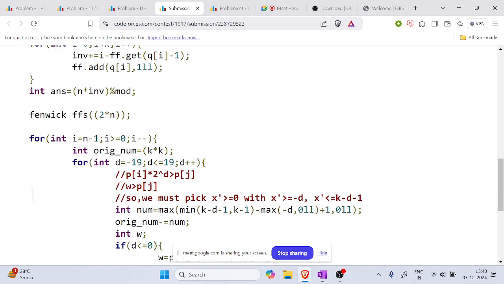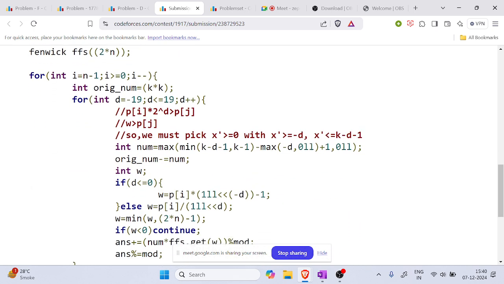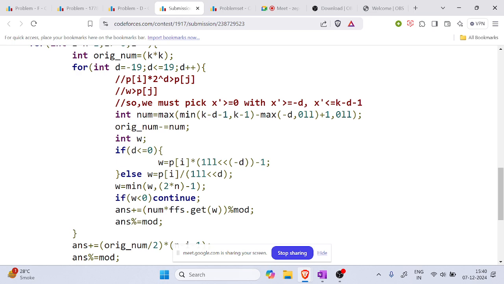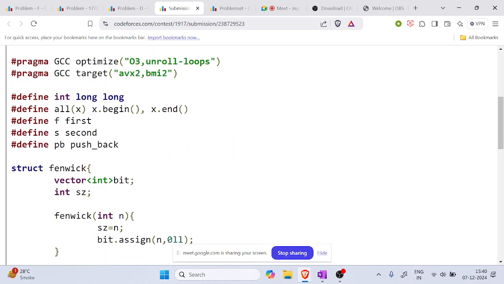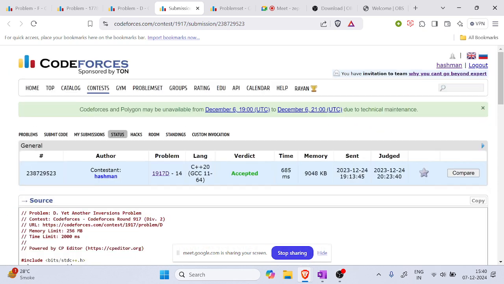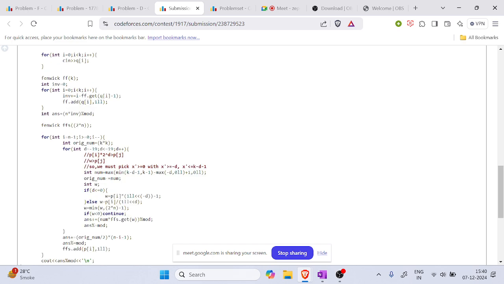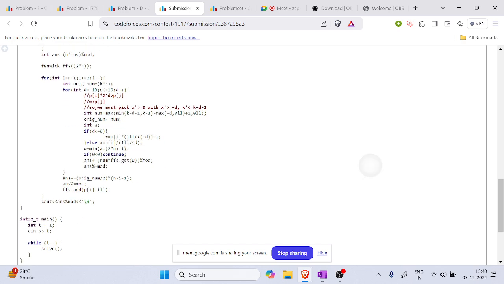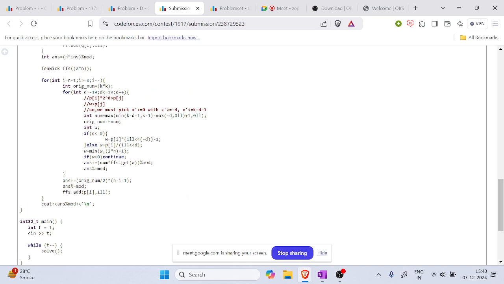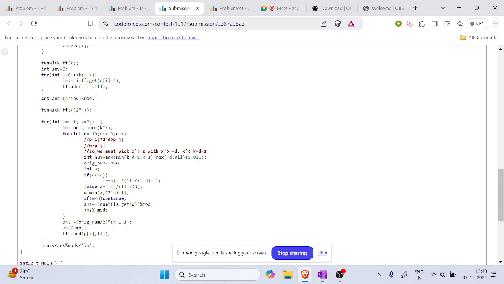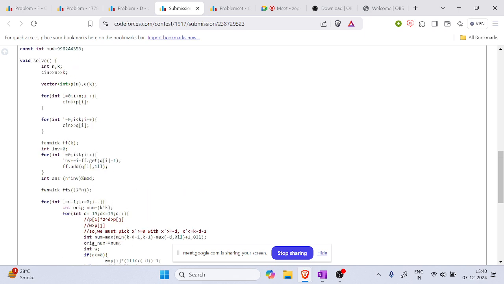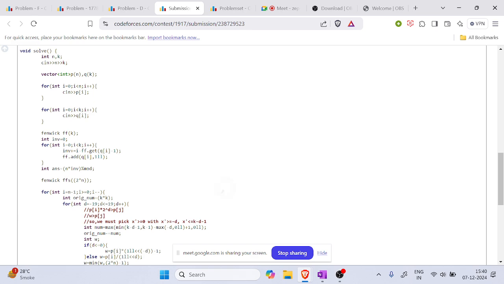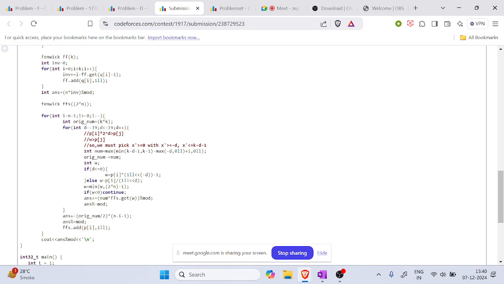So basically, what you need is that I am iterating the difference from minus 19 to 19, and I'm just applying the condition. And by the way, it's just like normal inversion counting where you use a Fenwick tree in conjunction with your main solution. And basically, yeah, you just need to take care of the mod. The main idea is not that hard, but working out the details is really painful. So this had very few solves in contest because it was very hard to implement. So anyway,